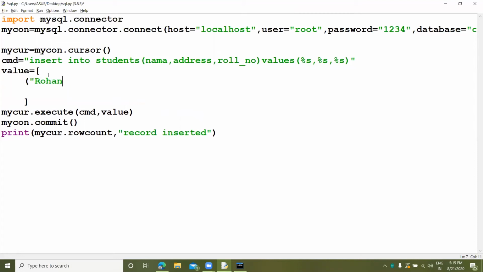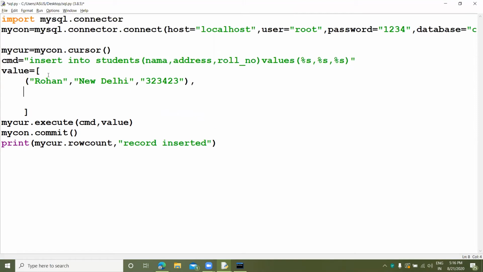Now I will insert first Rohan. Suppose it is Rohan. Its address is New Delhi. It's a roll number. Now taking another data, Aditi.